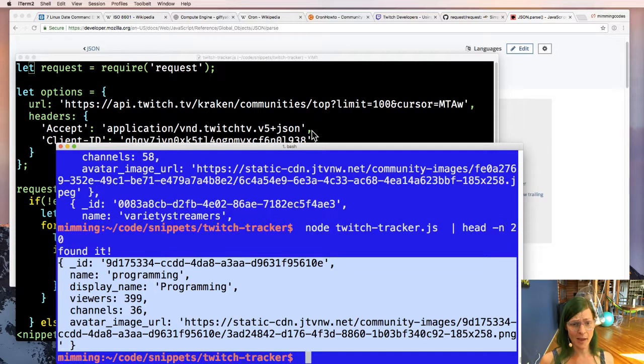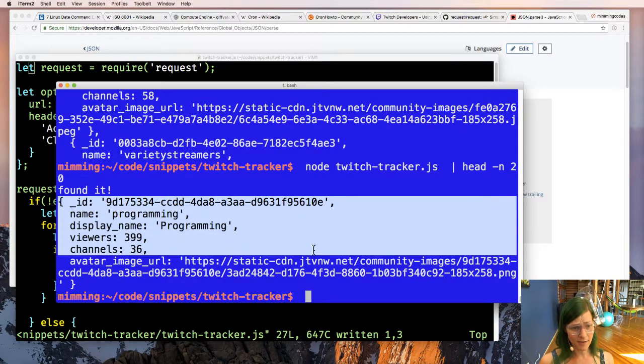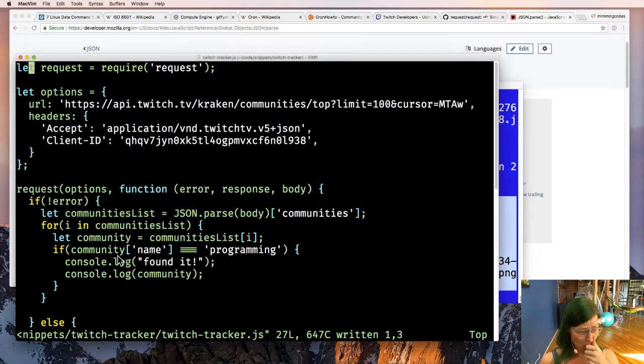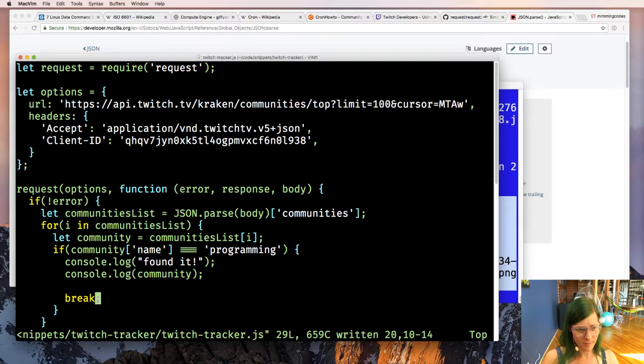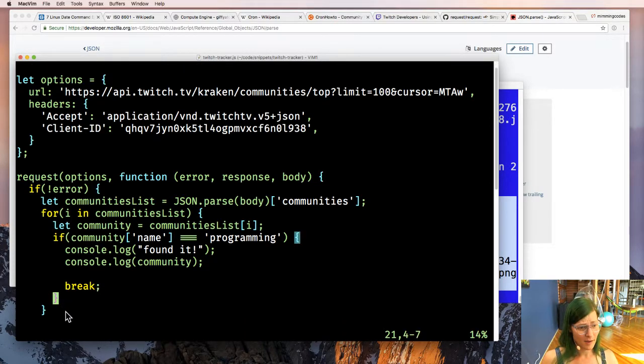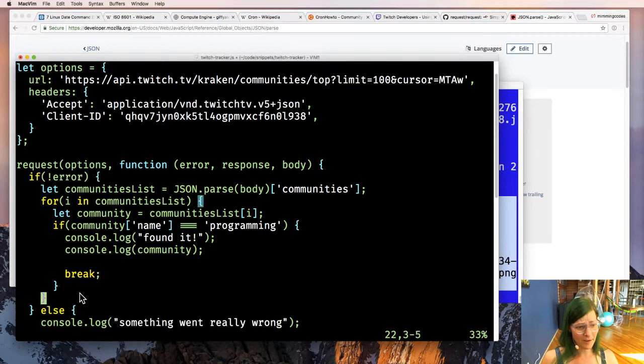Anyway, so I got my blob of stuff. Let's go through and just grab channels and viewers. And I can break after this is done. And if I never find it, then my program will just exit without doing anything.